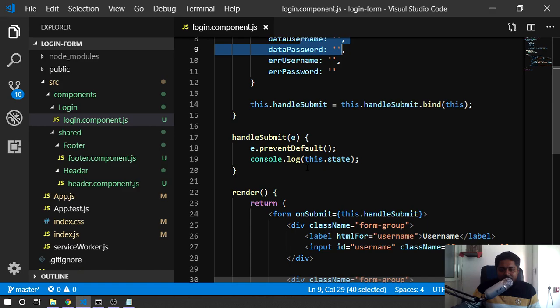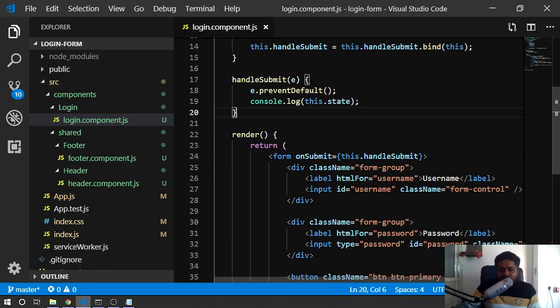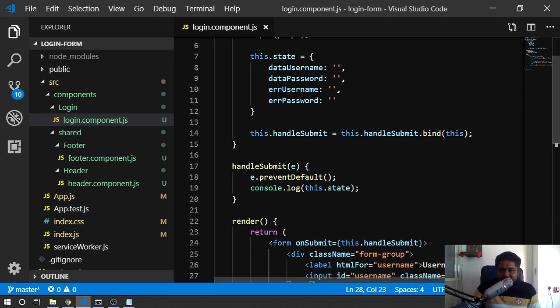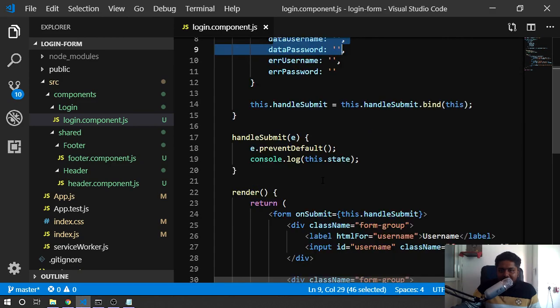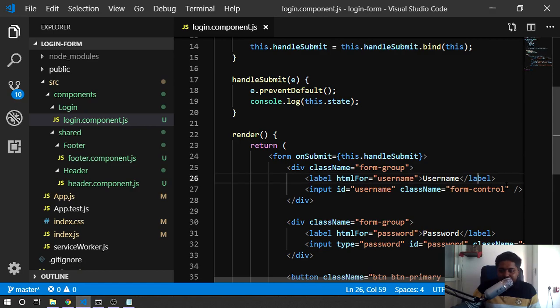All right, so in that particular case, what I would do is I would go for inputs on key press handler, or on change handler. Actually, that'll be better. On change is what is recommended. So on change of input, I would like to get this data username thing done. So what I'll do is I would go for an on change in here,